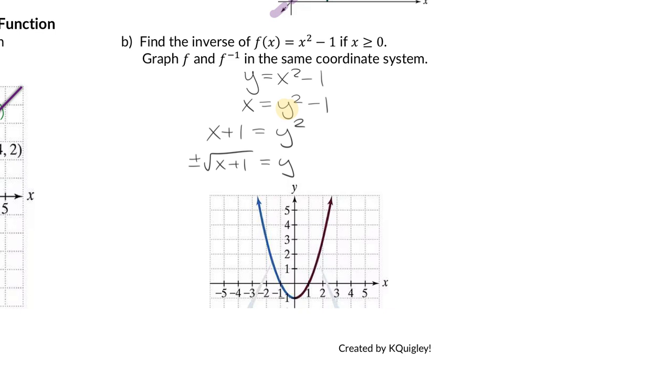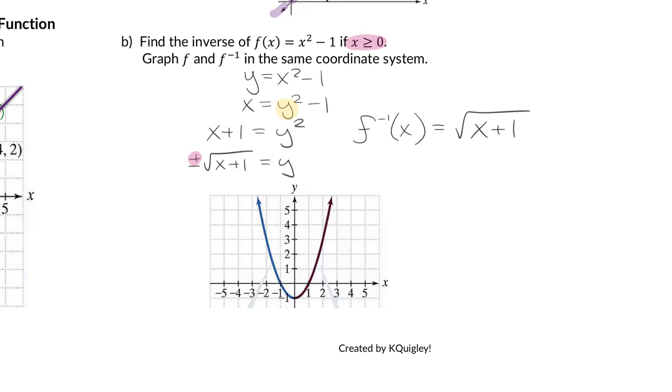Now, we have a question here that says, when we're starting this anyways, find the inverse of f of x, x squared minus 1, if x is greater than or equal to 0. Since this says x is greater than or equal to 0, do we think I should use the positive or the negative sign in front of that square root? No, positive. If that had switched the other direction, you would keep the negative sign,